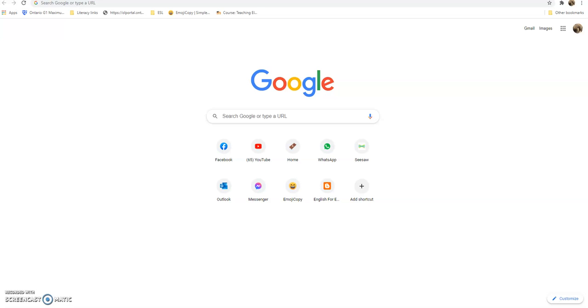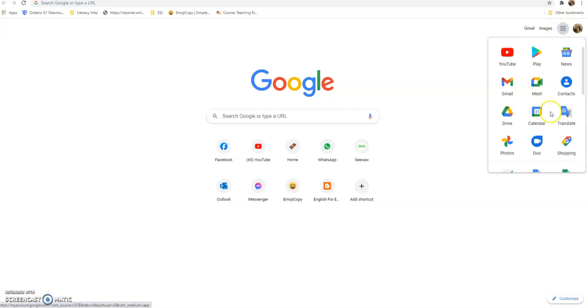Hey there, I thought I'd do a Jamboard tutorial. Jamboard is like a whiteboard, but even more interactive. I use it a lot for activities during Google Meet, and some people have asked about it, so I thought I would show you. So you click the little waffle at the top, the 9 dots, and you scroll down